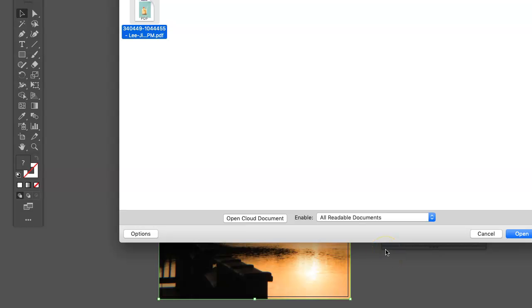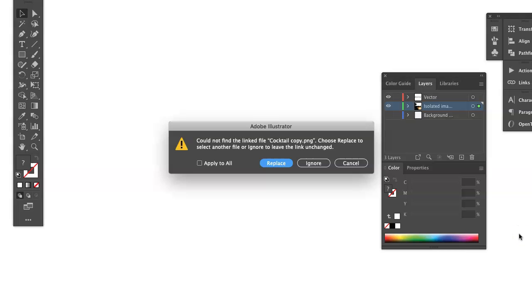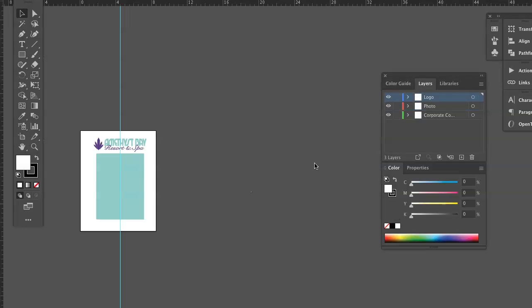Ji-Yun, you gave this to me as a PDF, and that's okay. I can still open it in Illustrator, so let's see how that goes here. All right, it's prompting me for some images, which I probably have in the earlier exercise 2.1, but I'll use this as an occasion to distinguish the difference between embedding an image and linking an image. If you link an image, you'll get error messages like this. I'm just going to click through them. Okay, so here is your ad.